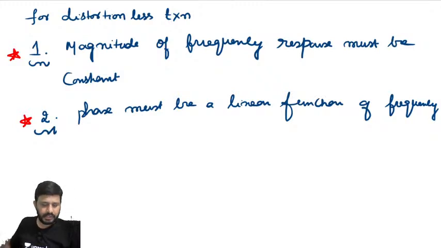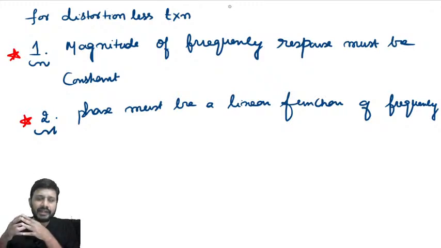Completed? Now, in the previous discussions, I told you why ideal filters cannot be realized in practice. While discussing sampling, just before 10 minutes, I told you that we cannot have ideal filters in practice. Why can't ideal filters be realized in practice? It is a general statement: we cannot realize any ideal low pass filter, band pass filter or band stop filter. Any type of ideal filter we cannot realize. But what is the reason behind that?